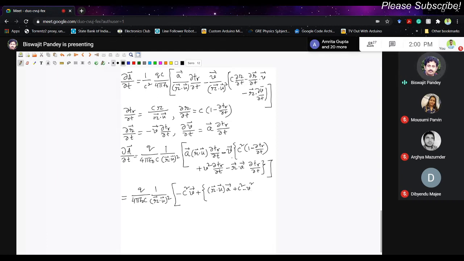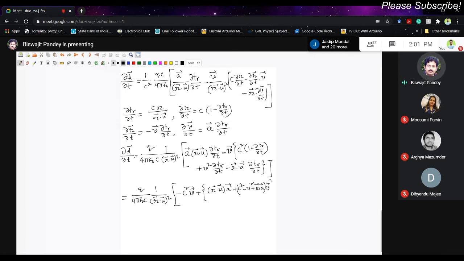Let us see, v is common here, so I should again use this c square. V is a common term here, you see, v into this, and r dot u into a doesn't contain any v, right? So that's why I'm separating them. Term containing v, c square minus v square, this will also get multiplied with v, so c square minus v square plus r dot a, acceleration, r dot a into v. You see, this v is multiplied with all these terms, first term, second term, third term, all that. So this v is common here, so I'm writing v outside.